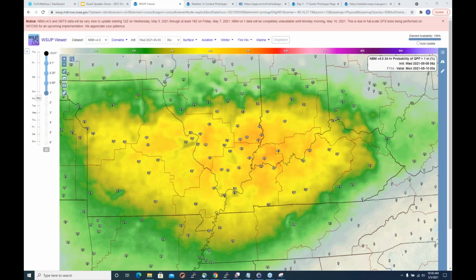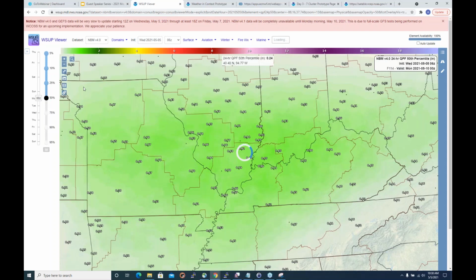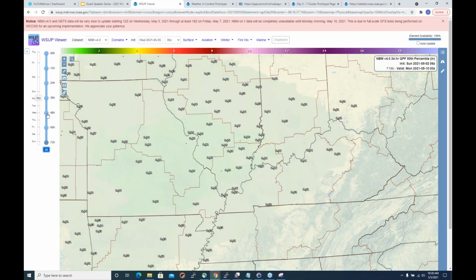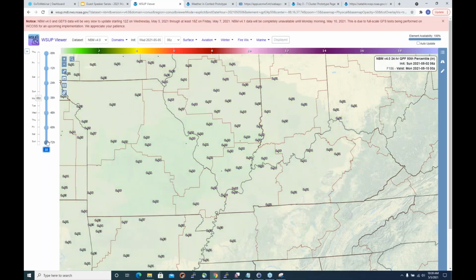Okay, so if you go back to the percentiles, I'm sorry, and then double click on 50% so it locks it in. What I like to do is use that delta T at the bottom. It's just a tiny little delta T. With this, you can go back 72 hours in time and see how things have trended as far as the QPF for that 24-hour period. If you start at 72 hours and then work your way back up to 0 hours, the current forecast, you can see that